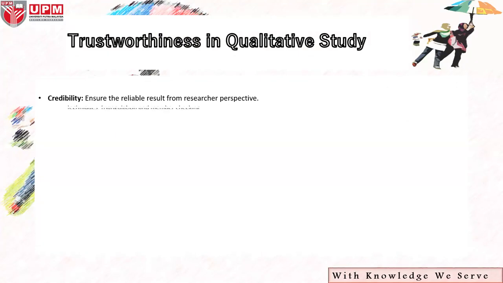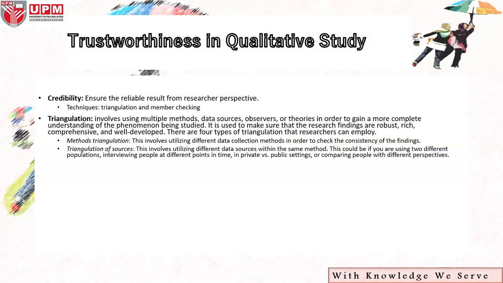Not yet. So as I said earlier, in quantitative we have the terms reliability and validity to ensure the instrument quality, or the quality of a quantitative study. But in qualitative we use the term trustworthiness, kebolehpercayaan. If we translate into Malay, the name is also kebolehpercayaan. In quanti the term we use is validity, but in qualitative we use the term trustworthiness. Okay, trustworthiness in qualitative study.